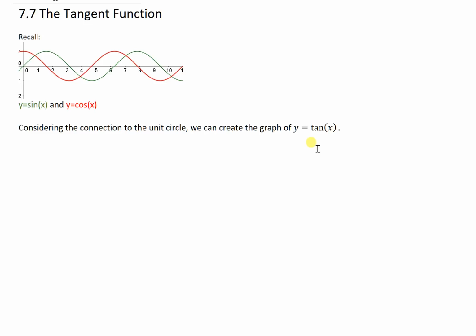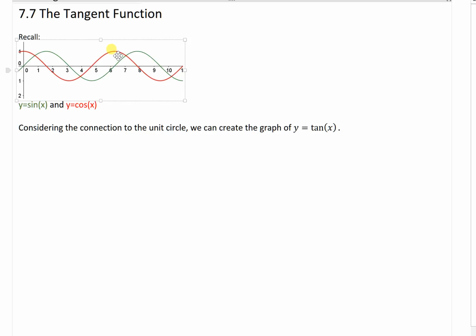Alright, so we're going to take a look at how to sketch the tangent graph. We've already had a look at sine, that's our green graph here. It started at 0, up to 1, down to 0 at pi, 3 pi on 2 at its minimum, and then got back at 2 pi, whereas cosine started at 1, at pi on 2 got to 0, at pi got to its minimum of -1, back up to 0 at 3 pi on 2, and then finally getting back to where it started